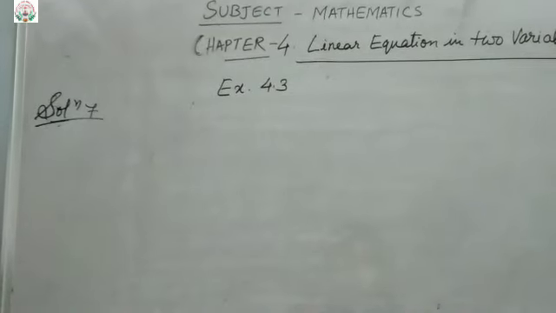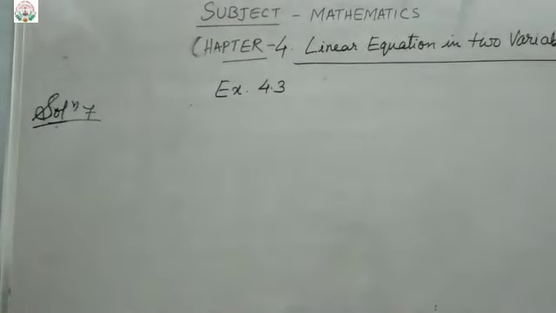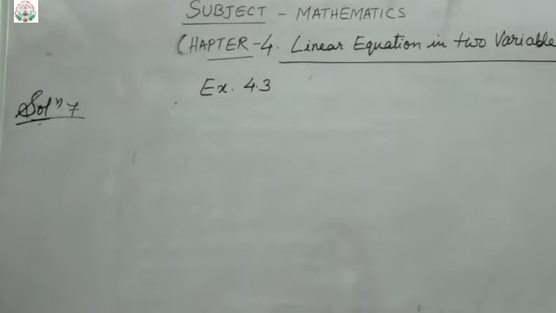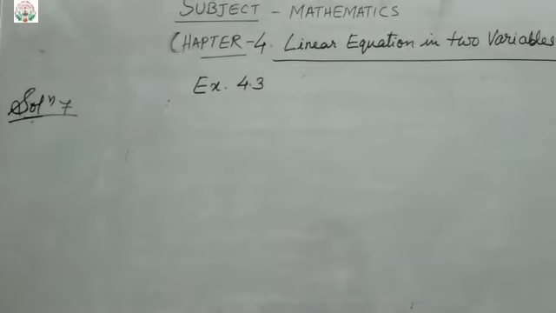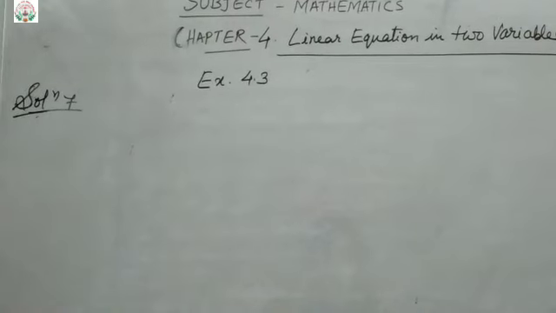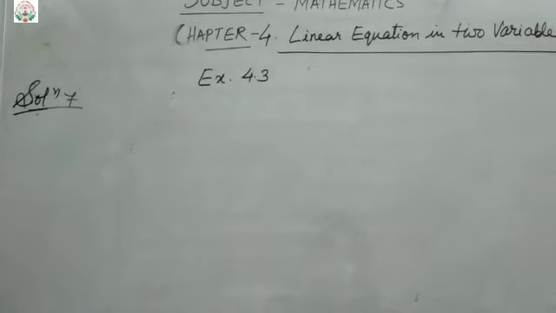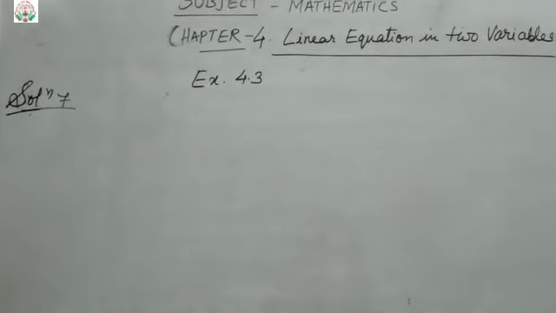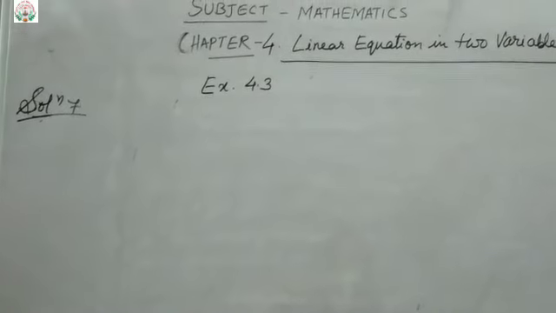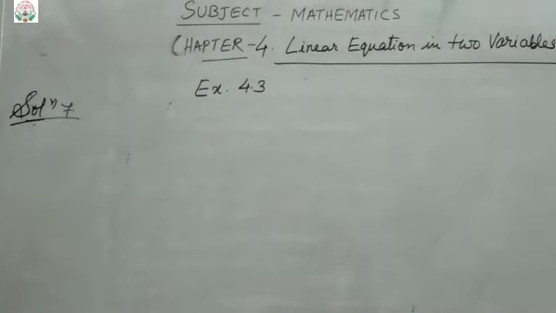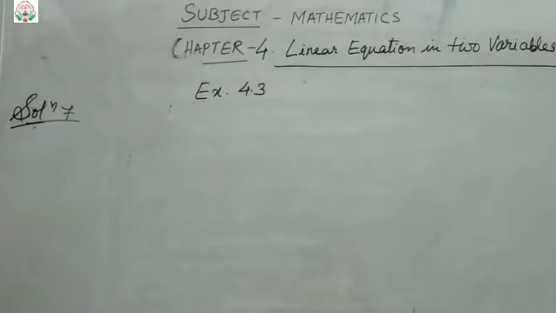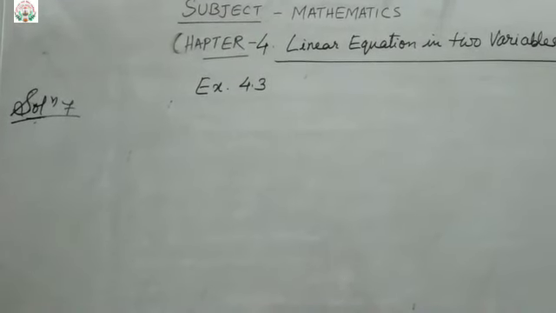Seventh question goes like this. Yamini and Fatima, two students of class 9 of a school, together contributed rupees 100. Together, Yamini's money as well as Fatima's money, it is rupees 100, as Prime Minister's relief fund to help the earthquake victims. Write a linear equation which satisfies this data.